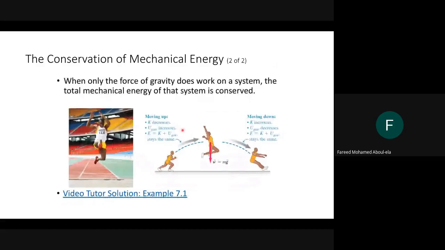Okay, so another example with potential energy: a high jumper. The high jumper does some work in order to jump. When he does that, he gets some kinetic energy. And as he jumps, as he goes higher, some of that kinetic energy gets changed to gravitational potential energy until